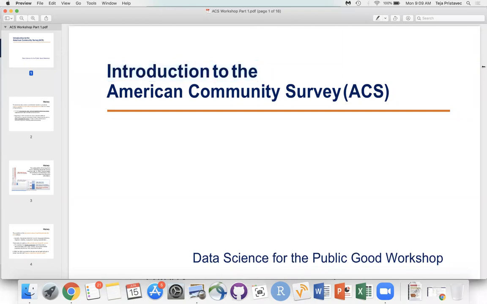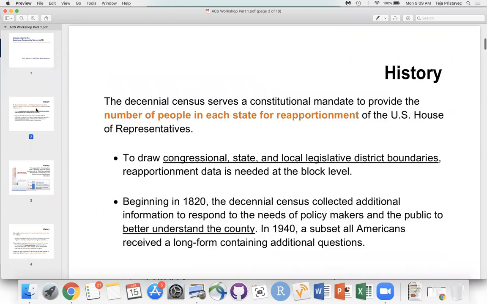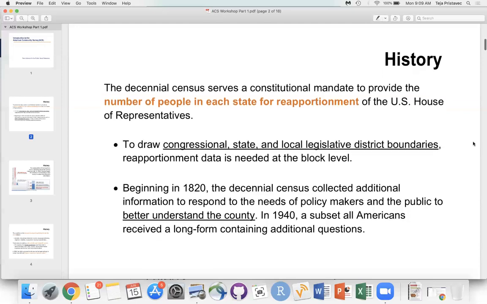So like I said, this is going to be useful. I think in a typical year, 90% of the projects would benefit from using American Community Survey data because it gives you a really quick picture of the community that you're interested in or that you're working on at a very spatially granular level. But here's some of the reason why I'm talking about the census and ACS data together